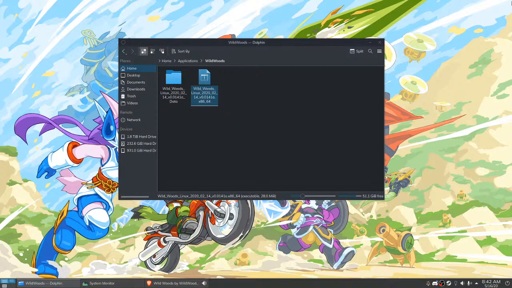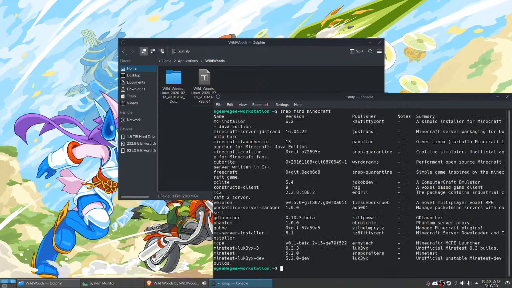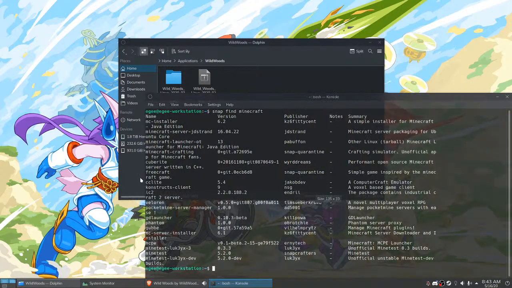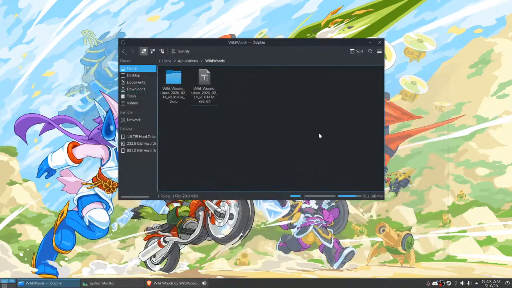When are you gonna play Minecraft? I mean, I don't know. If you guys want to play Minecraft on our server, it's just minecraft.eg.io. Is it in the Snap Store? I don't know. I think there's a Minecraft launcher up there. Yeah, right here. So I could get set up on Minecraft, but I've been streaming for a while. I got some other stuff I need to take care of, but I might play Minecraft later today.